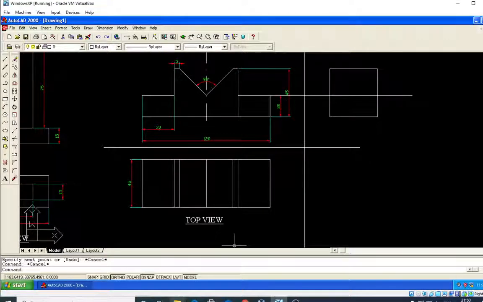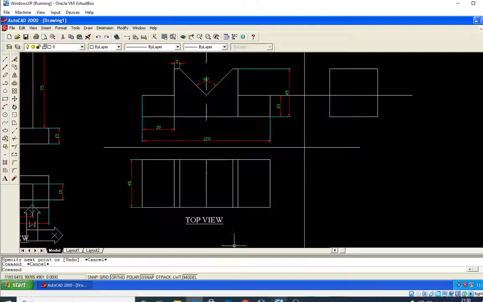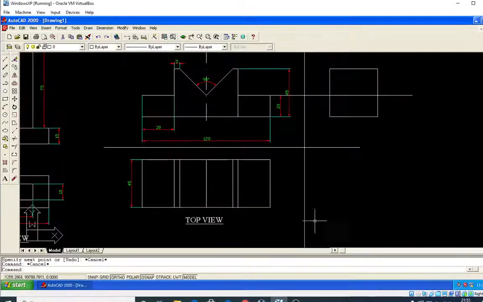so afterwards what else? So when you see from the left, this looks like a step. So 20 mm step is there. So 20 mm step we have drawn. This looks like a rectangle. And afterwards this is also looking like a one rectangle at a height of 45 mm. So it is also ready, correct? So that it is a 45 height, from here to here, it is a 25. It is also ready. So afterwards what I can do, I can trim it. I will trim it. So erase it.